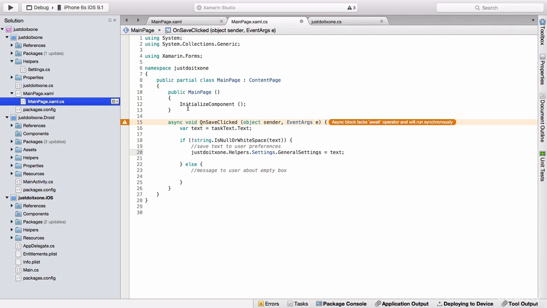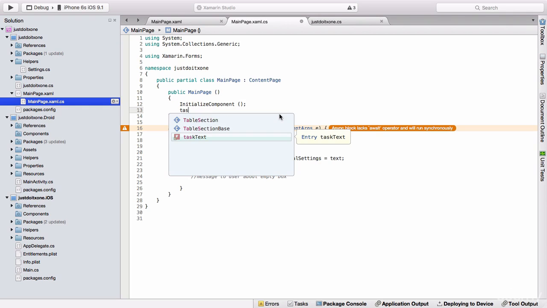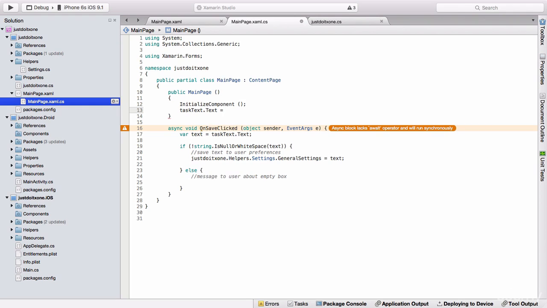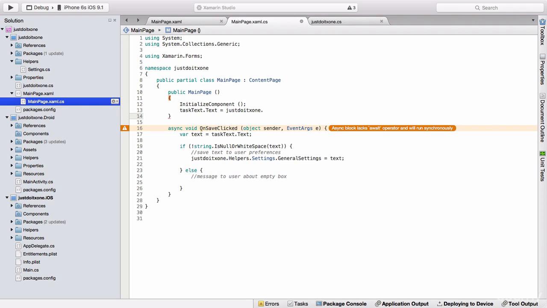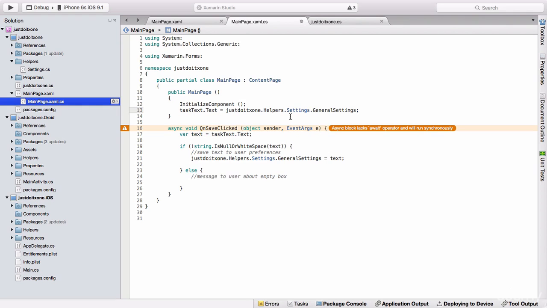But that would be somewhat of an overkill for this kind of project. So all we need to do is come up to this main page class, and in here we write our task text.Text is equal to our namespace .Helpers.Settings.GeneralSettings, and that'll go over to the settings file and grab the text for us. So let's run that on our iPhone,